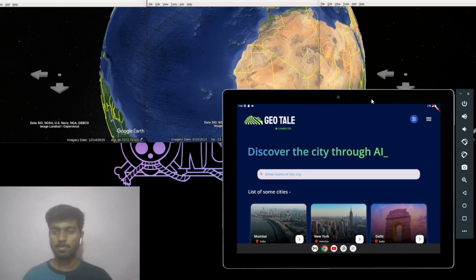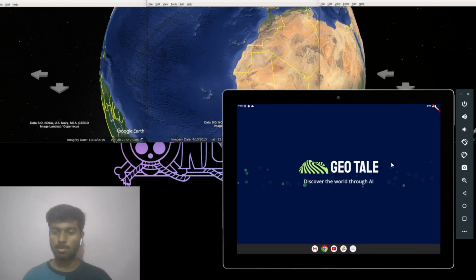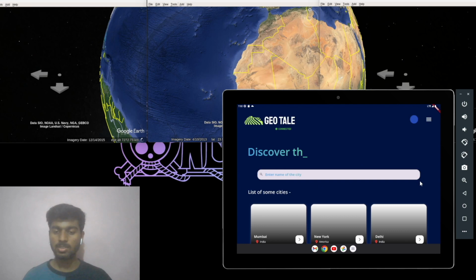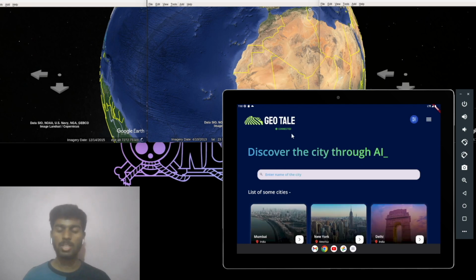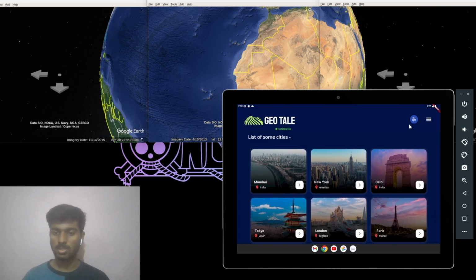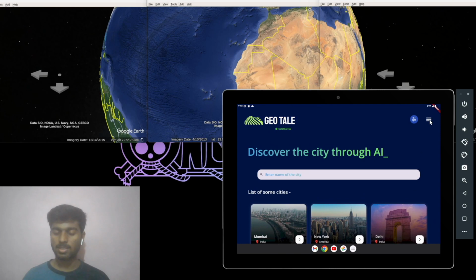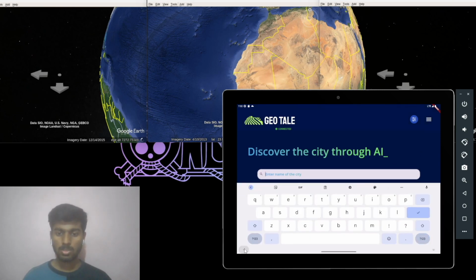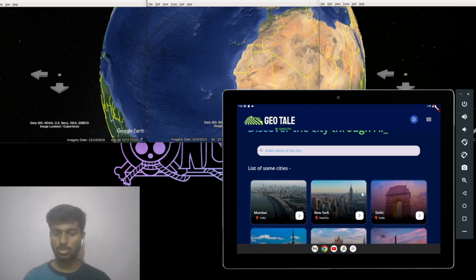As you can see, there is a splash screen with animated elements. Then we go on to the home page where we have a connection flag, some animated widgets, and a list of cities for easier access. Then there is a search field to search cities. Suppose, let's say I choose a city, let's say, New York.